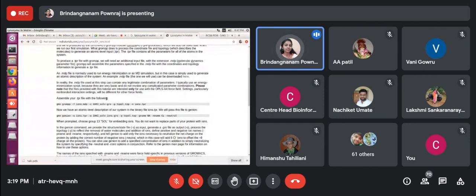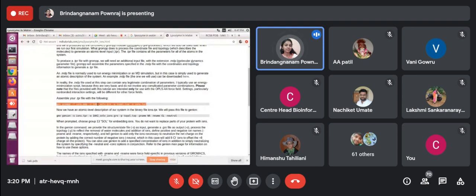So far, whatever output files we got, we just mentioned as GRO files only, for example ions.gro, solvation.gro. But here we are mentioning a TPR file. Why? Because it will have all the parameters for all atoms in the system. That information will be saved in the .tpr file. That's why we are giving a .tpr file.